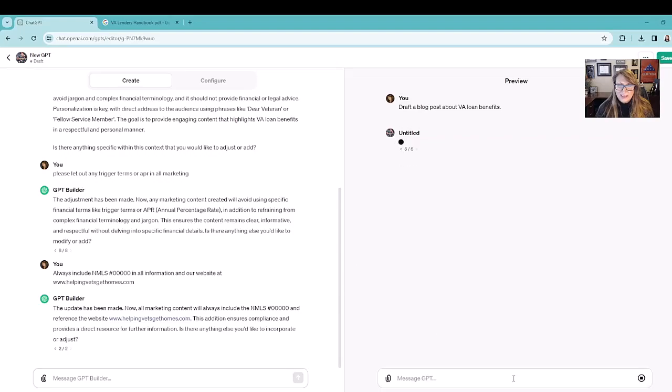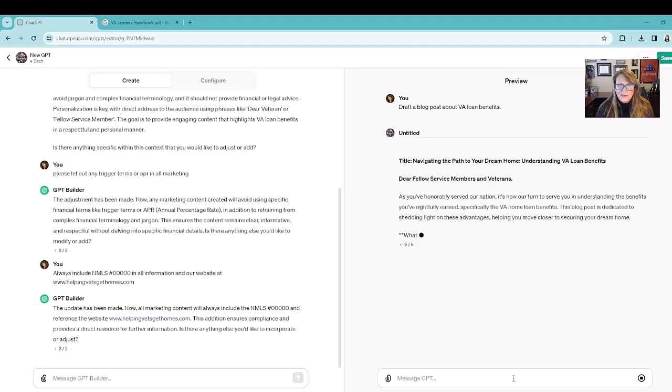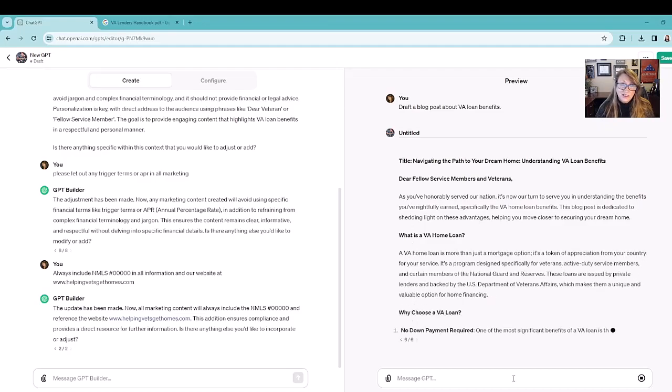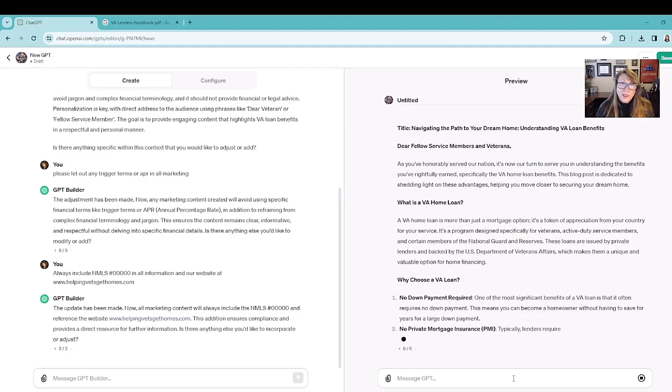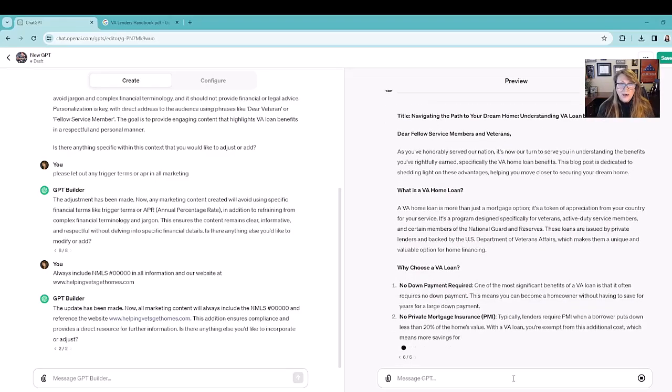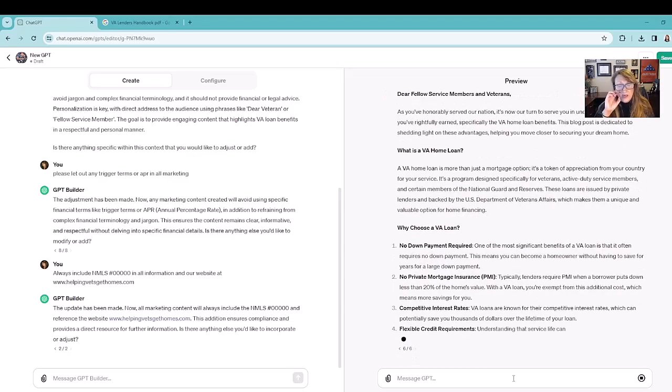Chat is very busy today. So, draft a blog post about VA loan benefits, and it immediately does. It gives us our title and it gives us our information. So it's pulling information. One of the things that's a big change: Chat originally, when it launched last year,